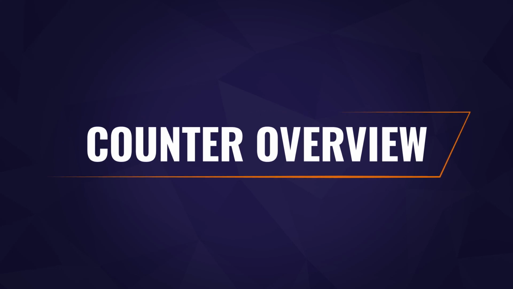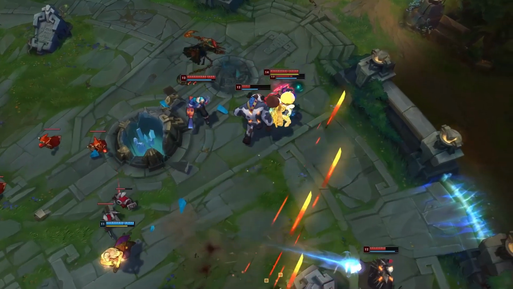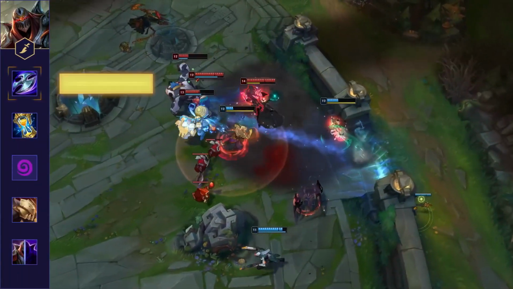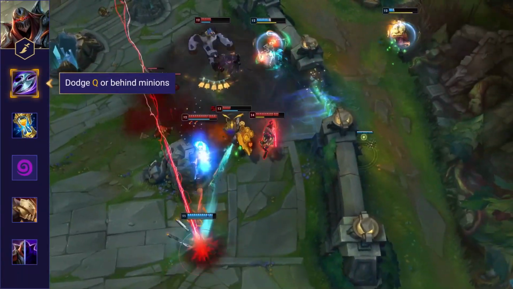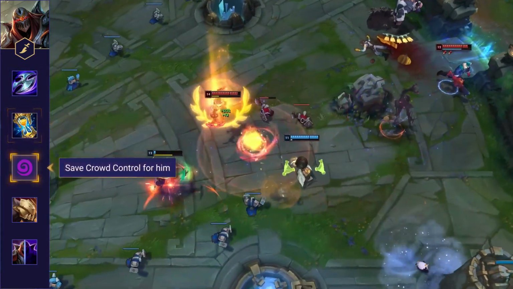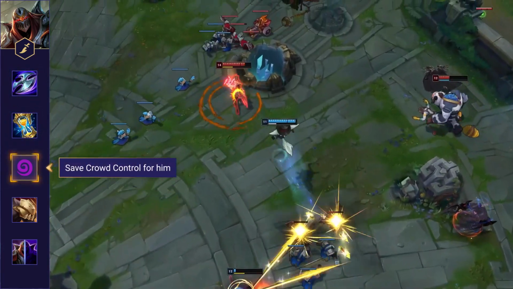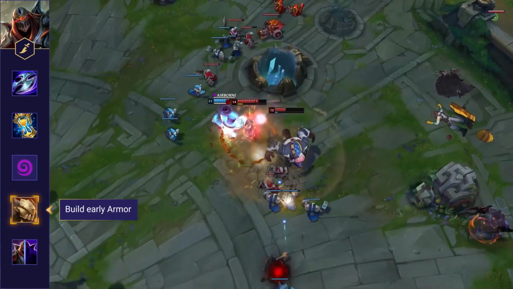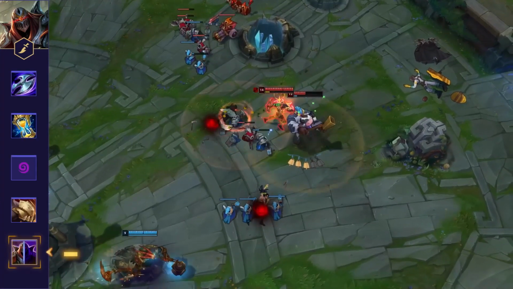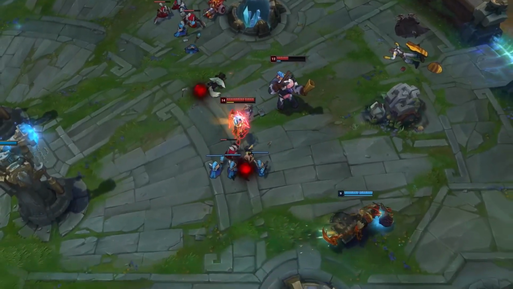We're going to dive in specifically how to counter Zed, but first here's an overview of the major tips that we'll be breaking down further in this video. First is to dodge his Q harassing lane or stand behind minions, invest in Zhonya's or stopwatch, lock him down with hard crowd control so he can be bursted, build early armor to negate his lethality, and respect his shadows. If you're going into a game against a Zed, those are solid bases to remember and it will help you